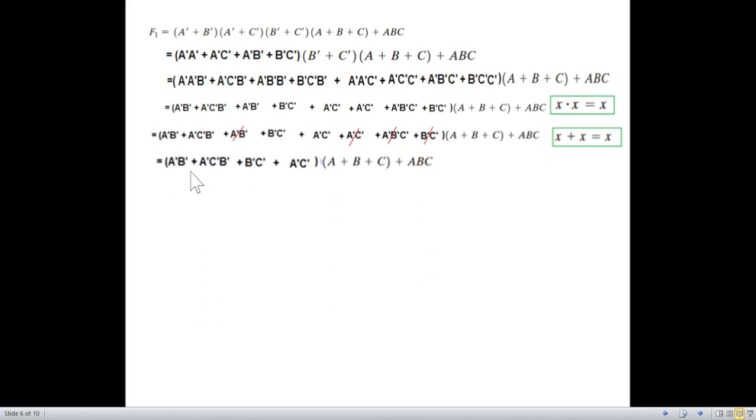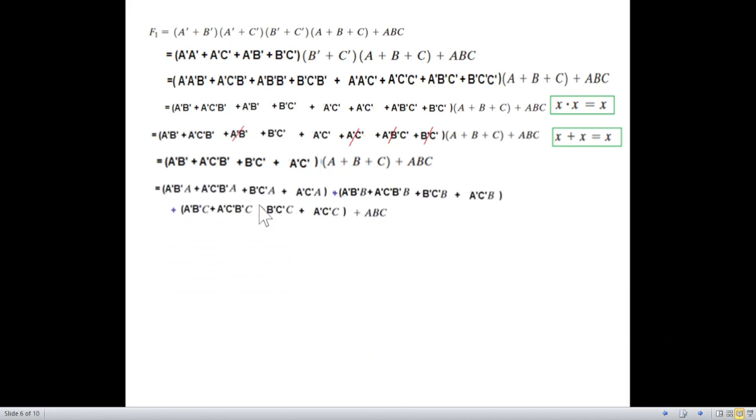So what is left is this, and then multiply by A plus B plus C and ABC. And now we'll multiply each with A, this bracket with A, then B, then C. So multiplying with A, then multiplying with B, multiplying with C, and the last term remains as it is, plus ABC. Another formula: if there is a multiplication of x and the complement of x, then the answer will be